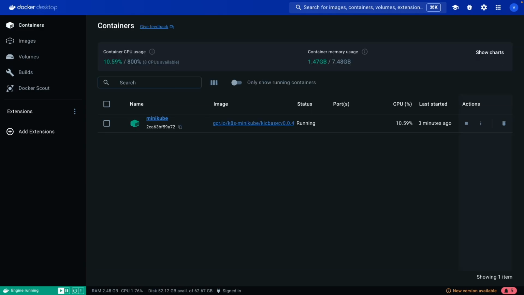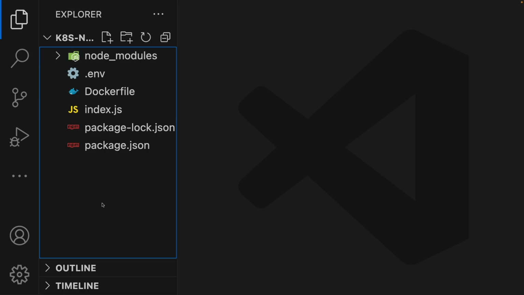Now we are going to deploy our application in a Kubernetes cluster. For this, we will need a deployment file that is going to create pods where our application will run, and a service file that will configure a service which will expose the application to an endpoint so that we can access the application from the browser. So for that, head back to VS Code, open this, and over here we are going